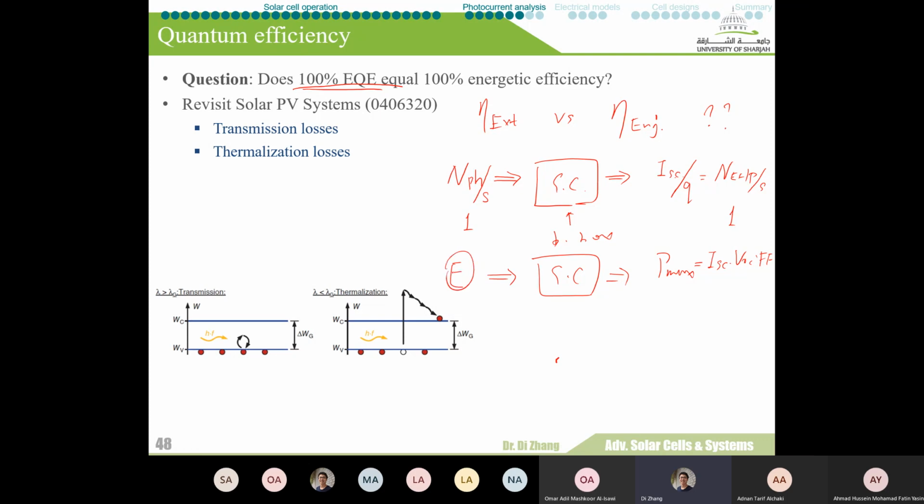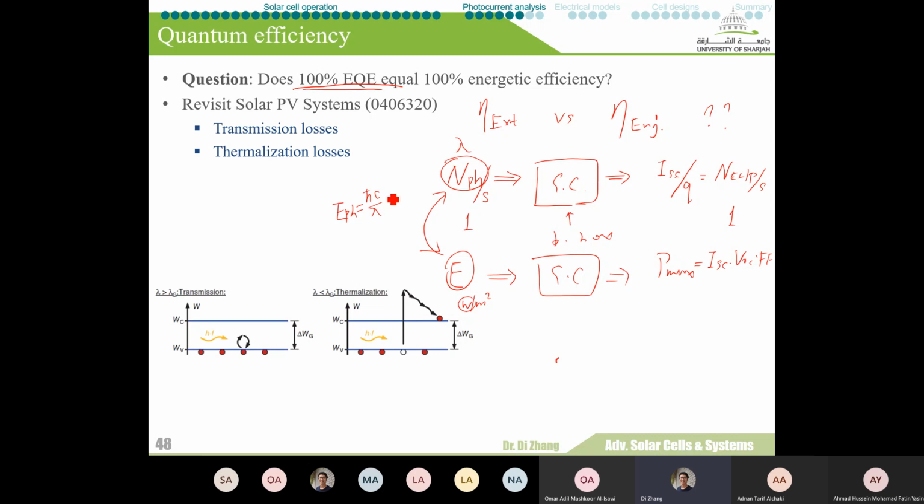What about irradiance? Irradiance is watt per square meter. If you want to find the correlation between these two, what do we need to do? We have the number of photons, but how much energy is contained within this number of photons? For that, we have to use the photon energy. If we assume that this is a single wavelength photon, then the photon energy for one photon will